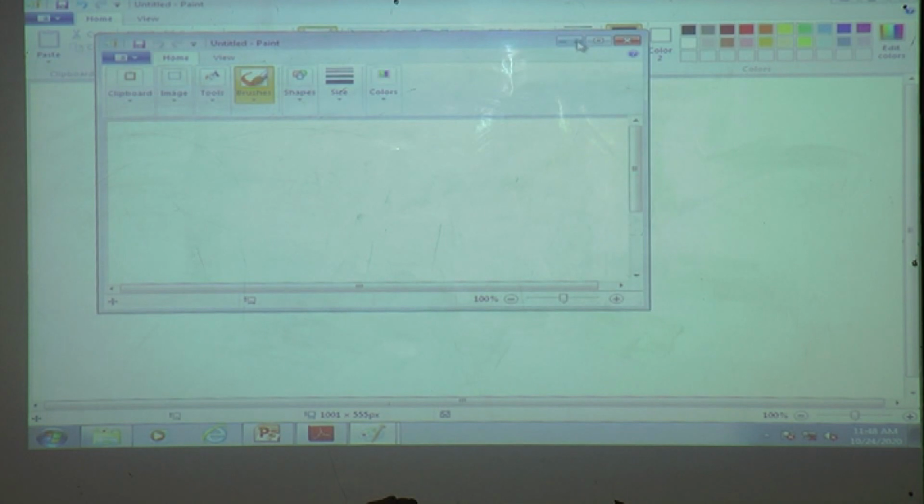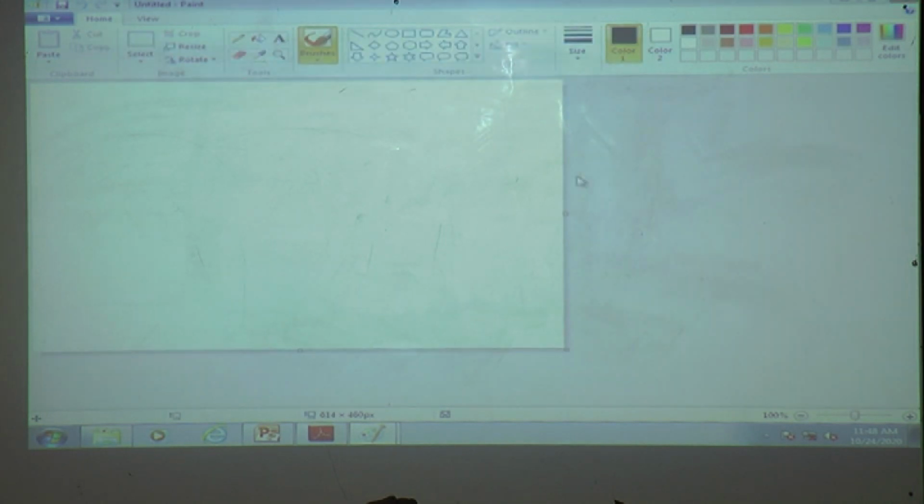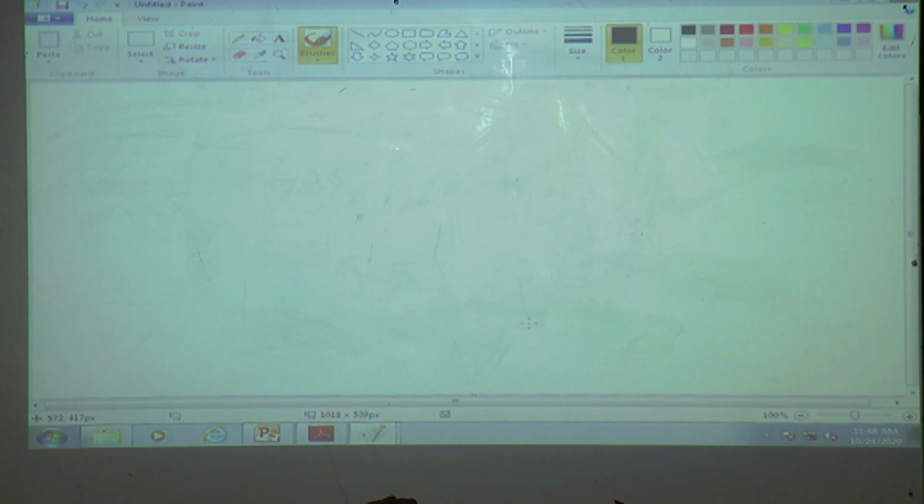Okay, and same like a notepad, it also has 3 buttons, a title bar and a drawing area. We will see the components of the paint window. This is not in your book, but we will see here.